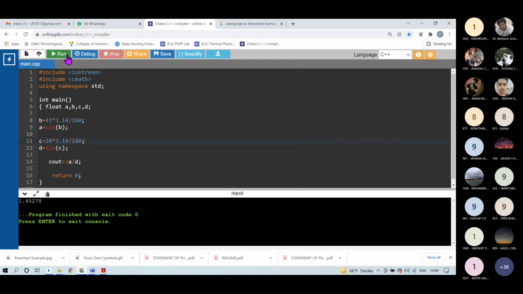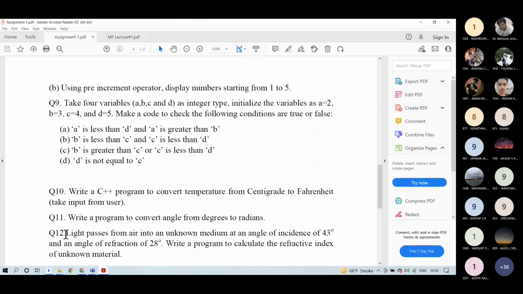In line 9 and line 12, I have found the sine of that particular angle B and C respectively. Then I have calculated the value by sine I by sine R. So you can do these types of questions like this.